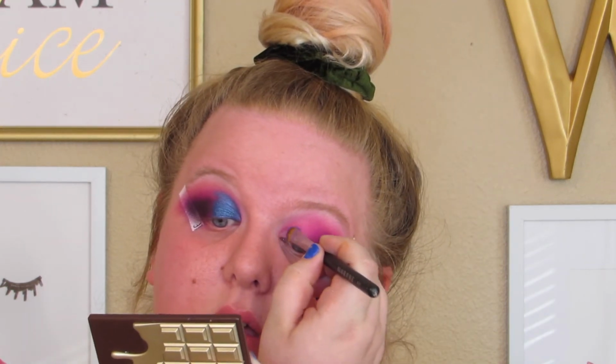I'm going to pick that up, and I don't need to spray my brush because obviously it's not a shimmer. Alright, we're going to put this on our lid. Oh, that looks so weird. I don't like it. Okay, I'm going to go back into the purple shade on the Wet n Wild side,